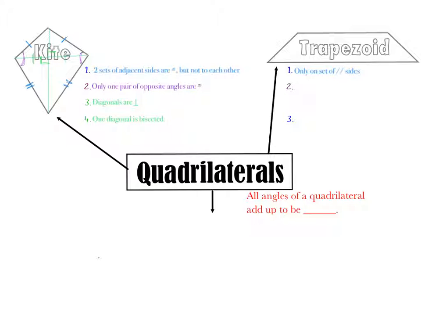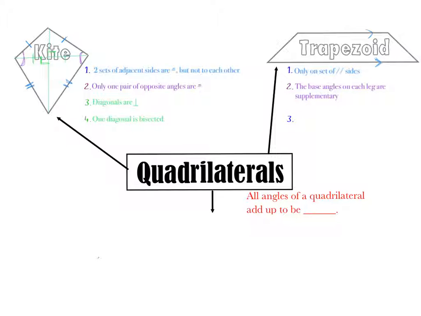So moving on to a trapezoid. One of the things that we know about a trapezoid is it has only one set of parallel sides, and that would be the two bases. We refer to both of these as the bases. So the top base and the bottom base, or the shorter base and the longer base, are going to be parallel to each other. The second thing that's true about a trapezoid is that the base angles on each leg